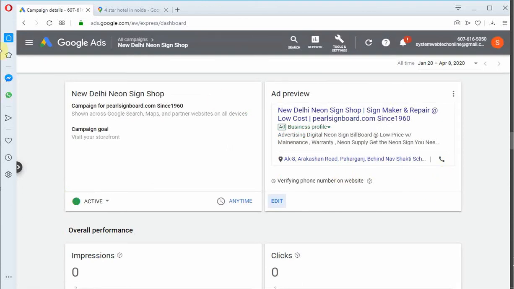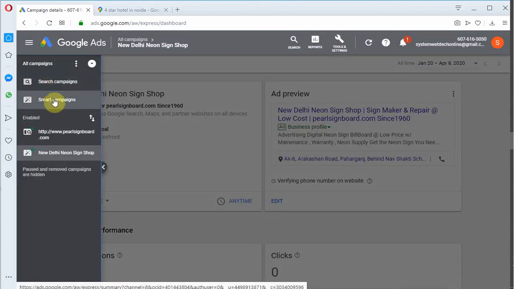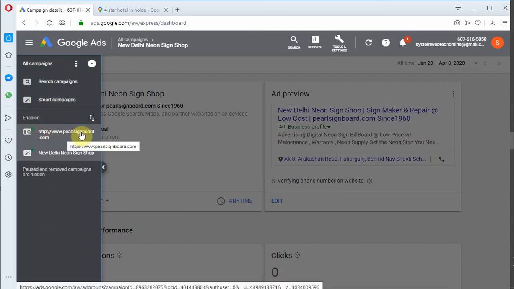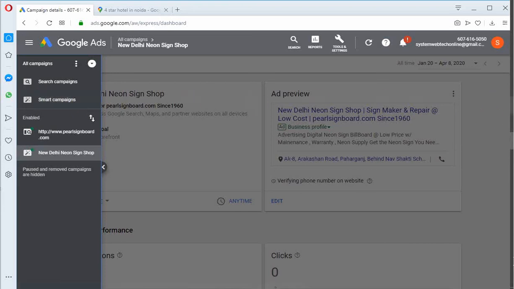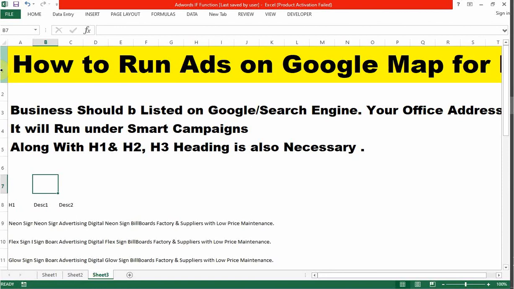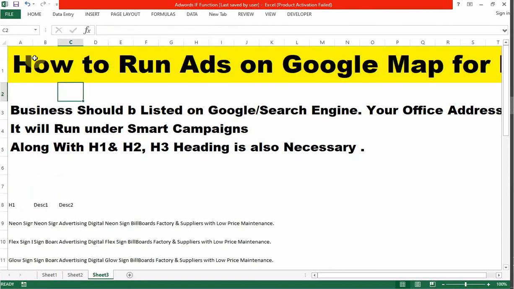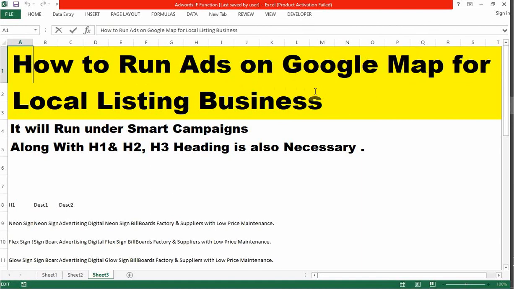Right, so this is how you can create your ads. Before this, Smart Campaigns is also visible. Before that only this is the option of campaign, search campaign. Now another example, another ad is visible, Smart Campaigns. So this is how you may run your ads on Google Map for local listing of your business.